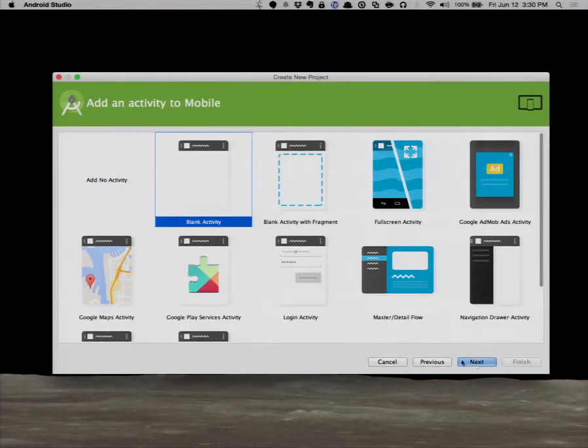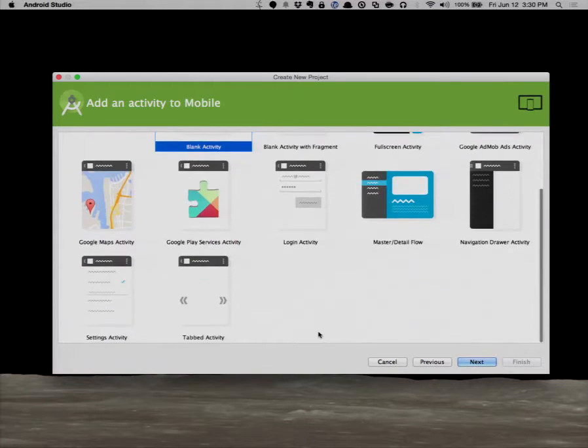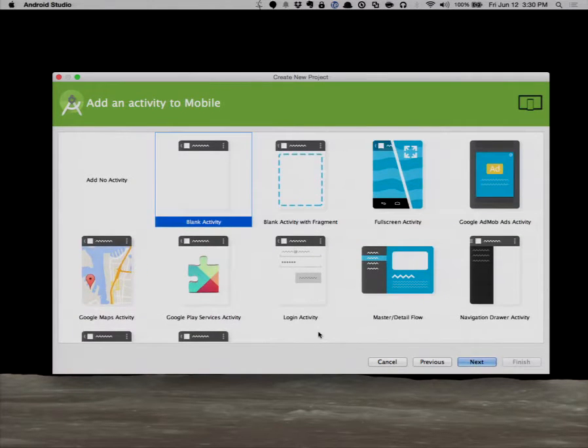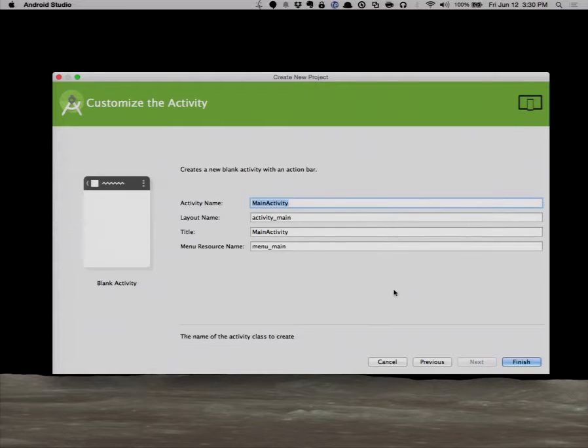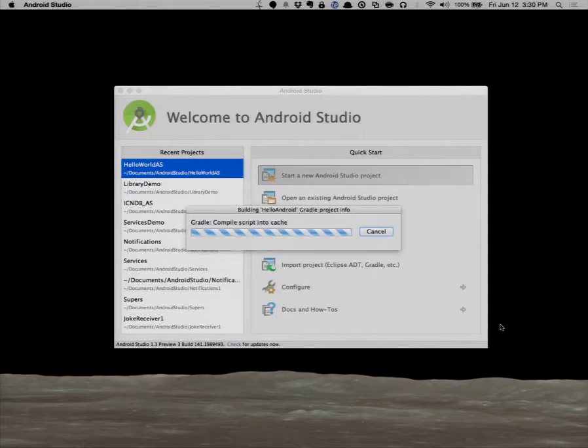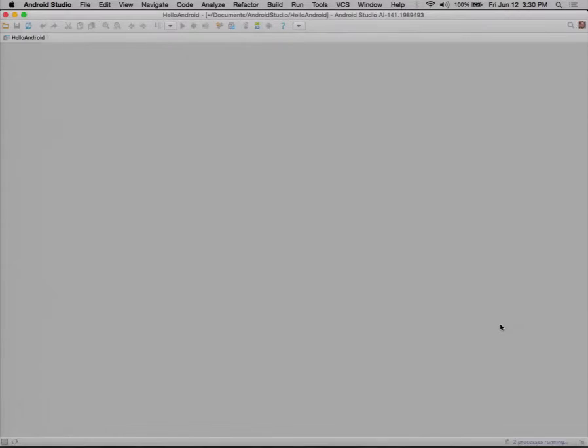So if I click on next, then it wants to generate some kind of activity for your application when you first build it. And I'll just pick blank activity. Any of these work, but again, I'm going to create this app and abandon it, so it doesn't really matter. I'll say next, and they want to, by default, call it main activity, and that's perfectly fine. The XML layout name will be activity_main. The title, I've never actually figured out what that's used for. I don't really care. And then there's a menu resource as well. And now I'll just hit finish, and it's going to generate the project,